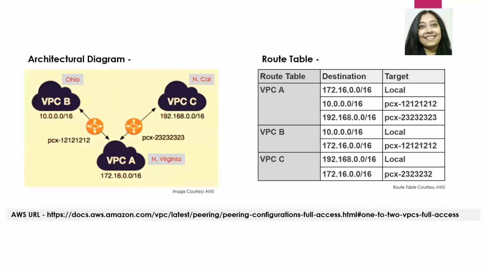Before we jump into the demo, let us review the architectural diagram and the route table of what we will be implementing today. So as you see, we have three VPCs right here. And let me grab my highlighter. So there it is. Okay. So this is VPC A. This is our first VPC. And it has a CIDR block of